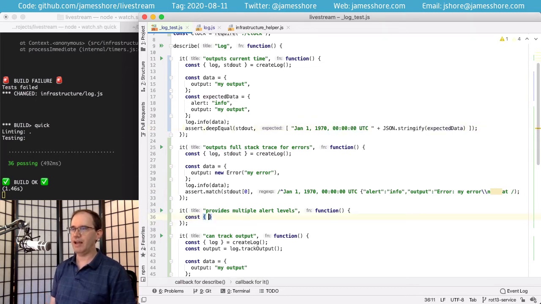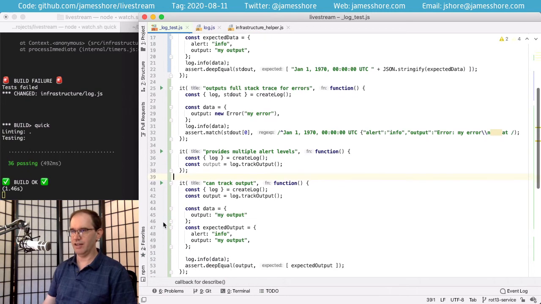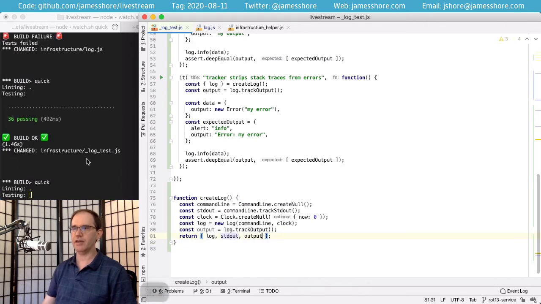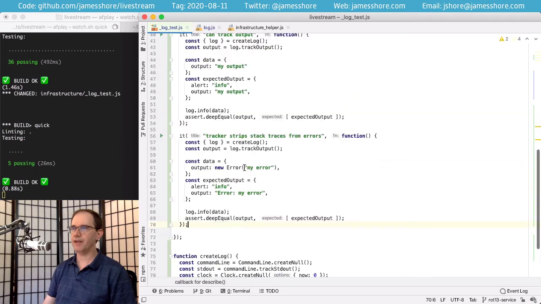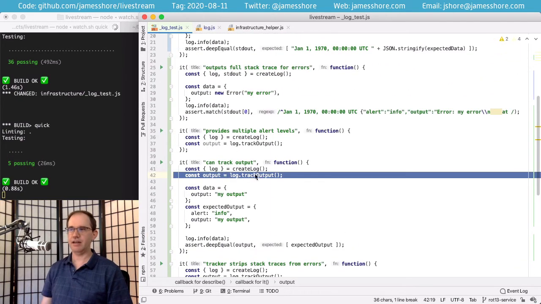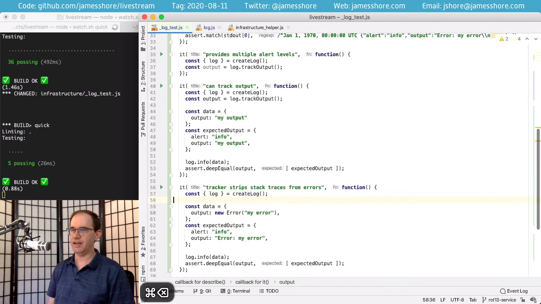So let me go ahead and get our log, and we'll create the log, and we'll get our output. You know what? I don't want to be doing this over and over again like this. Let's go ahead and take the output and put it down here and return it as something that we can track. I think I'll leave it here in this test so that when people are looking at the can track output test, it's clear how you track the output. But here, I don't think I need it.